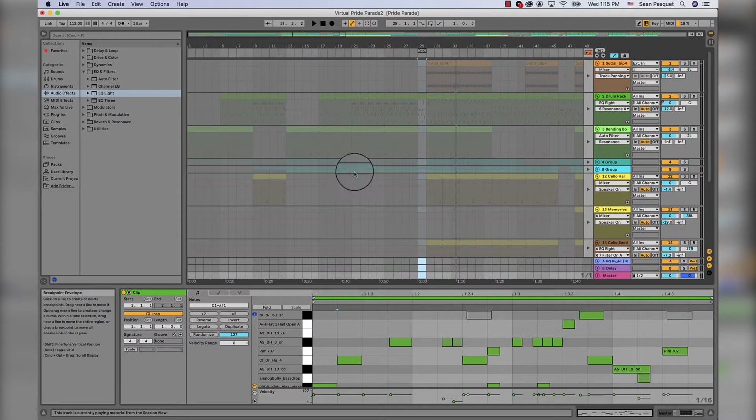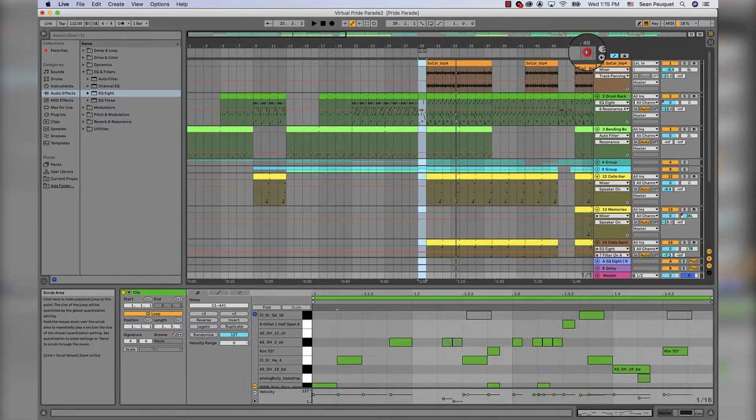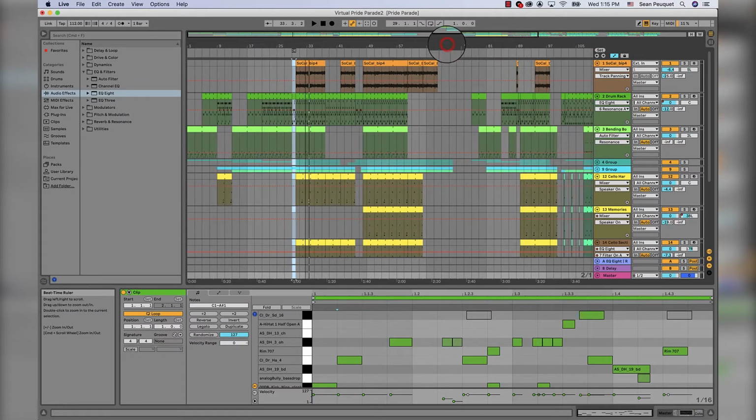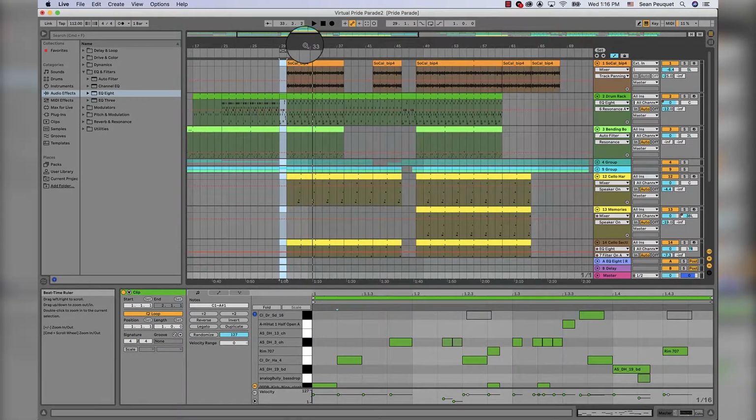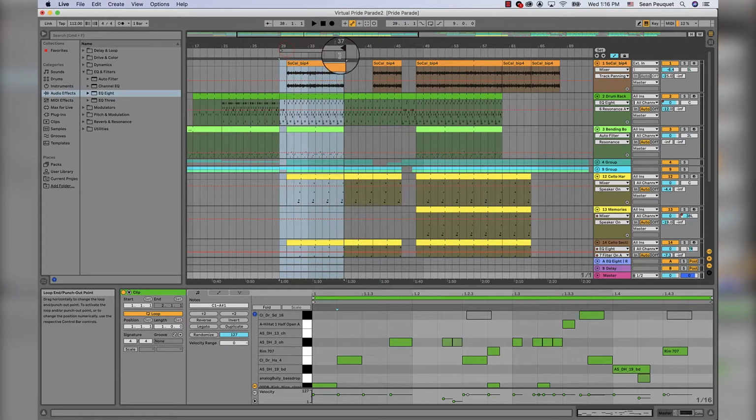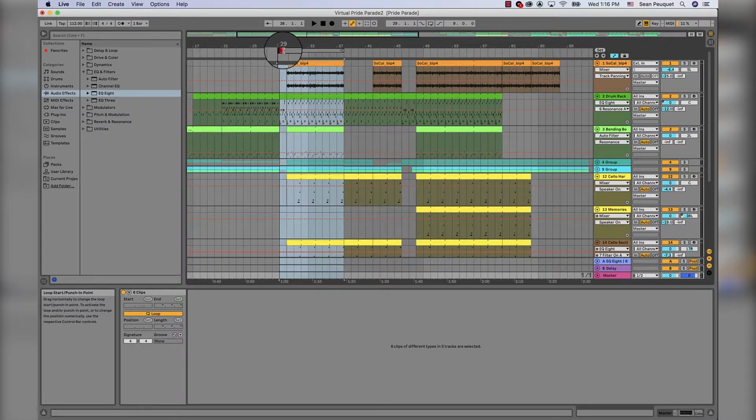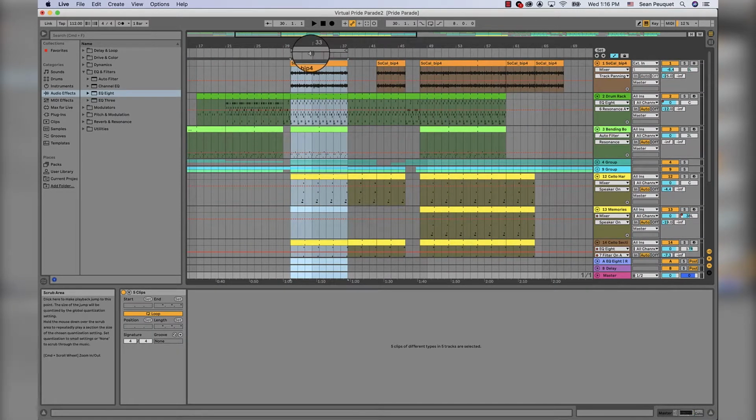In the set arrangement on the timeline, the transition only functions in one location, but that doesn't mean we have to treat it the same way once we move it over into session view. Let's continue on, and I think we have an 8-bar loop right here that we can consolidate to a new scene